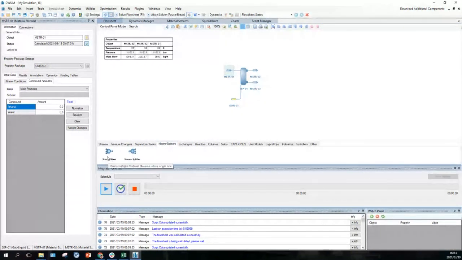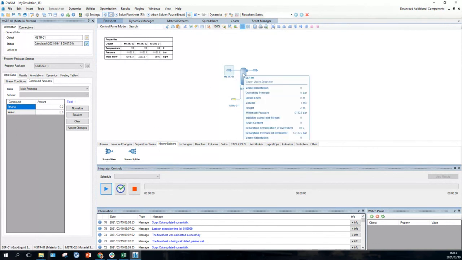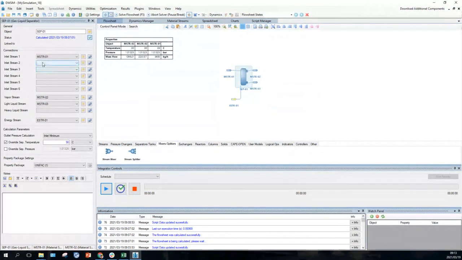Mixer splitters. This is something that I'm not too sure how DWSim handles mixing. With Aspen, you can put in multiple streams into the same. In fact, this we know you can put in multiple inlet streams into the simulation. So that's okay. So you don't often need a mixer as such. But a stream splitter you often do need, especially when you're doing purges. Right, and then separators and tanks we've looked at,